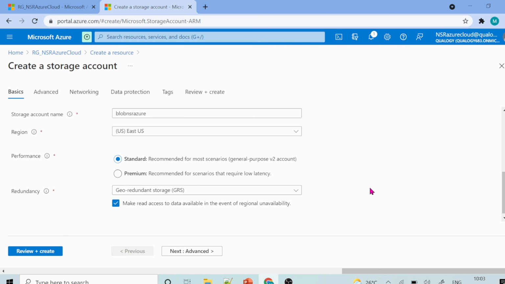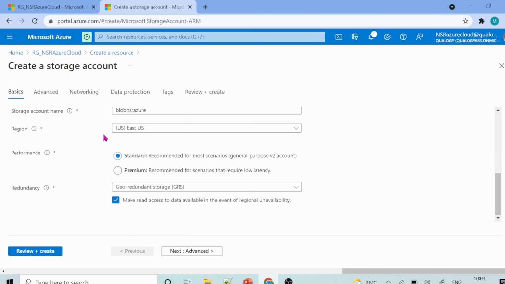We have different mandatory fields, and by default it fills in the mandatory things accordingly. This redundancy is another topic I'll cover in the next classes. Redundancy is basically replication of data. Whenever you store data in a storage account, the data would be replicated in different regions and different zones.